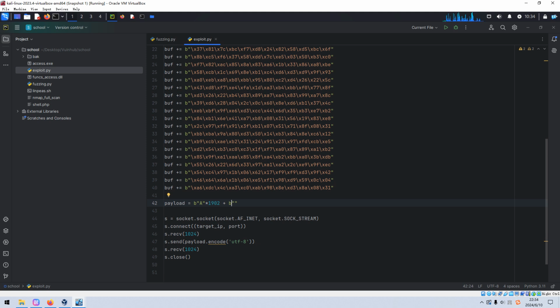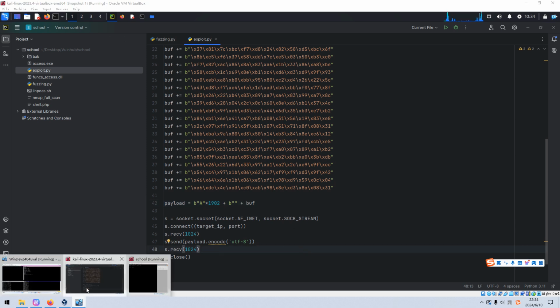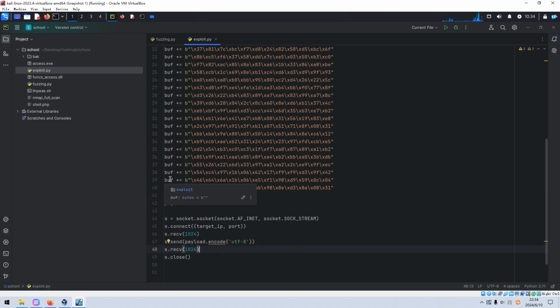And then wait a moment, we need to find out the address which should be filled in EIP. EIP means the memory address of the next instruction, and we want to point to the jump ESP. Okay, so just now we can put the buffer. How to find such an address?